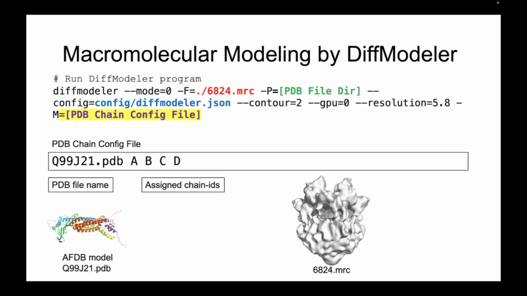If you have different structures, for example heterooligomer structures, you can add another line. So let's say AAA.pdb, then you can specify the chain IDs, chains E, F, G, like so. This case is a tetramer. I have only 1 PDB file and 4 chain IDs. But if you have a heterooligomer structure and want to do heterooligomer modeling, please specify a different line, then add the PDB file names, then specify the chain IDs. That's it.